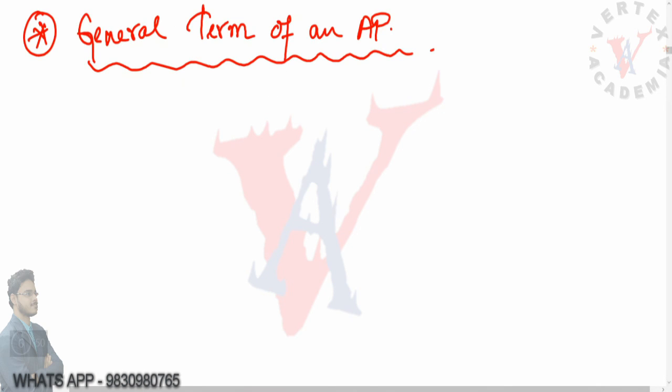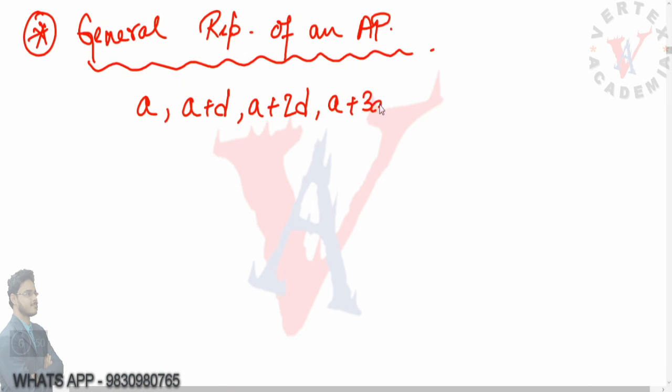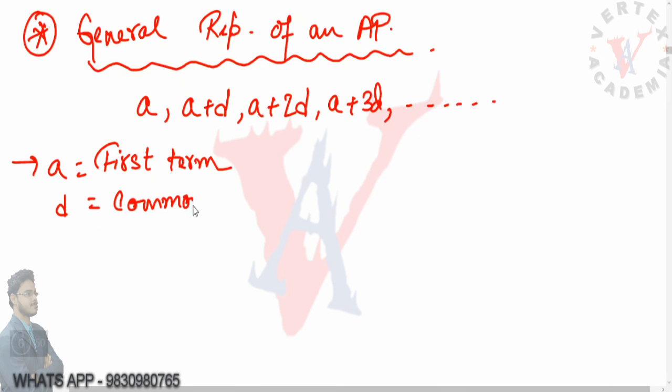So the general representation is A, A plus D, A plus 2D, A plus 3D, and it goes on, right? Where A is the first term, where D is the common difference,